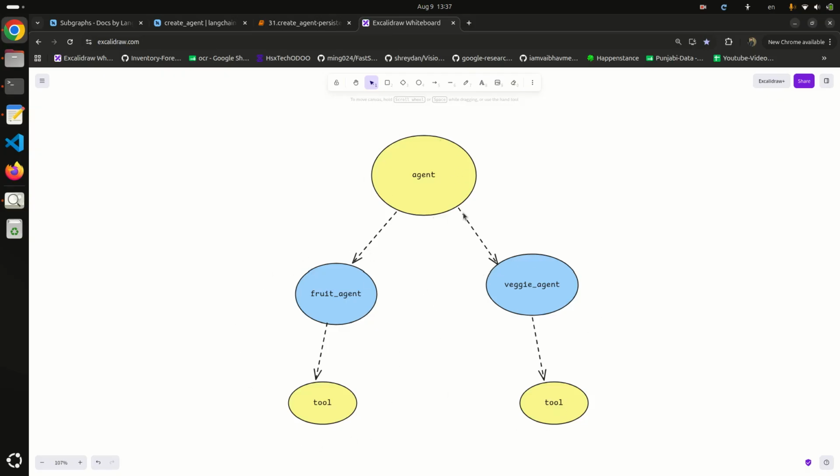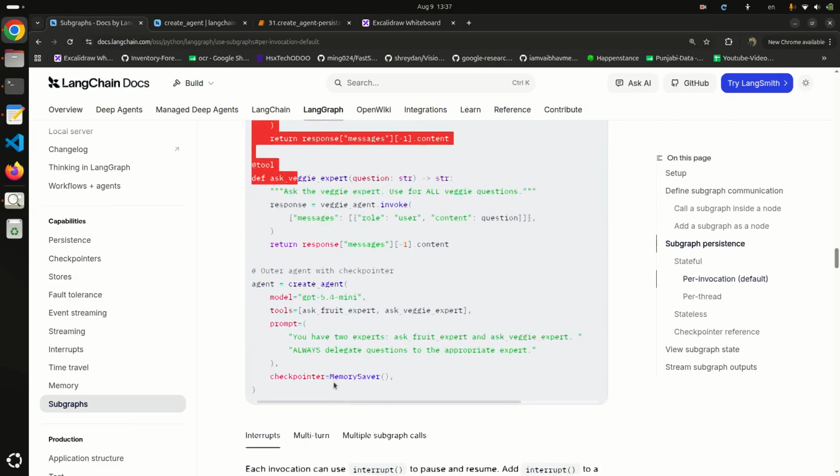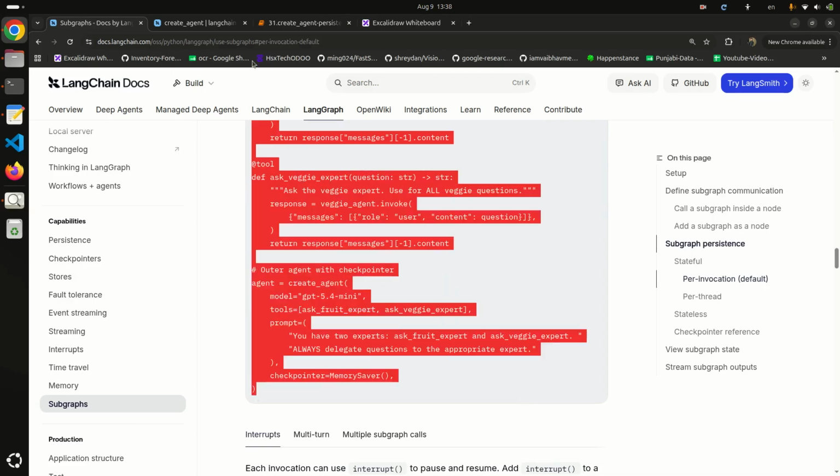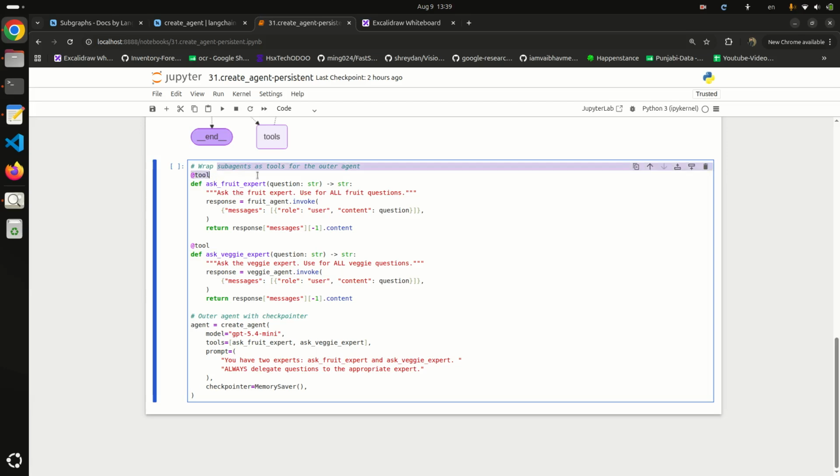Now we have to build the main agent that will call these two agents. Wrap the sub-agent as a tool for the outer agent. So let me copy the code and paste it here. We basically wrap the sub-agent as a tool for the outer agent.